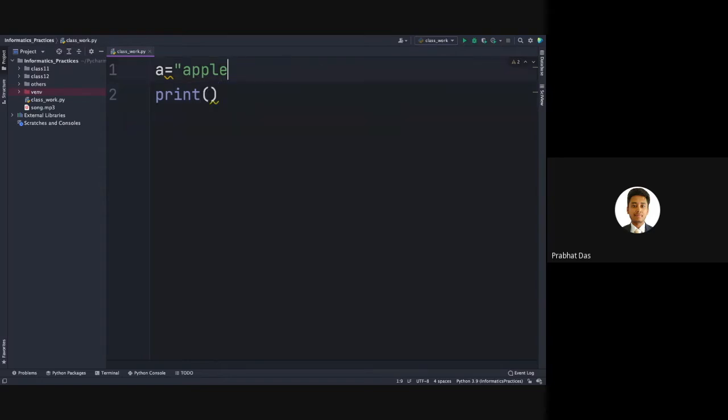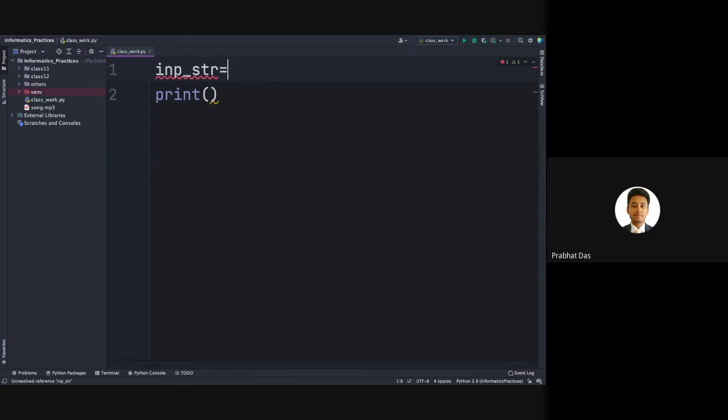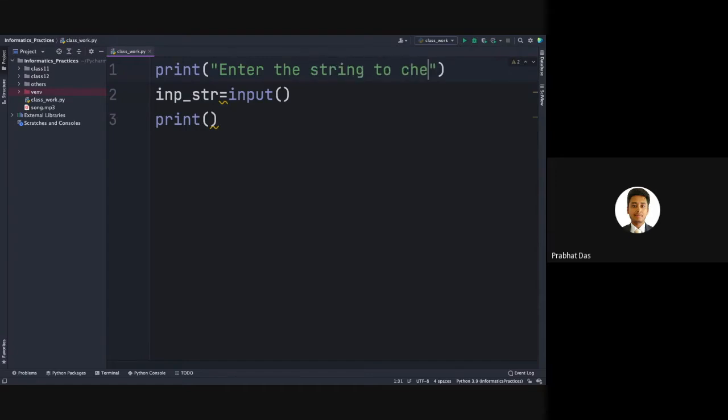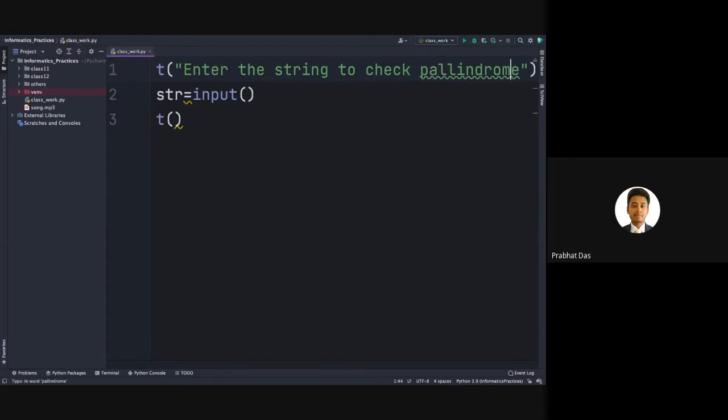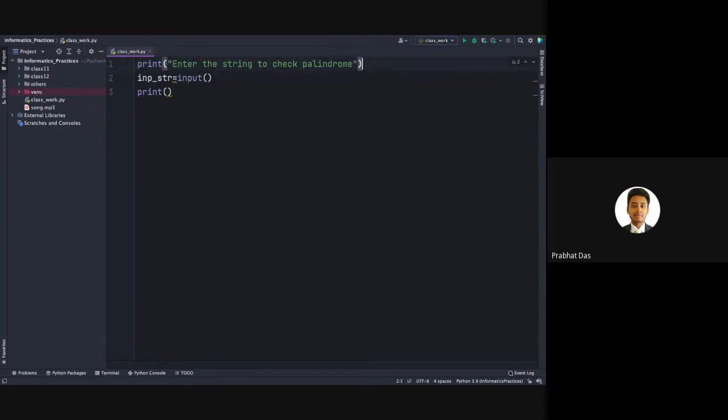So let's take an input for the string. Let's say input string, str. This is the input string, and in order to take the input, we know that we generally use the input function. Here we'll write, type the string to check palindrome.